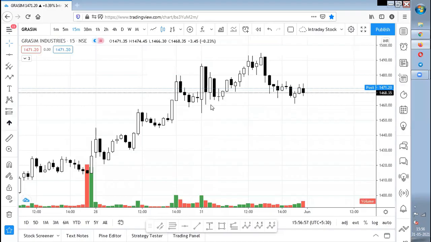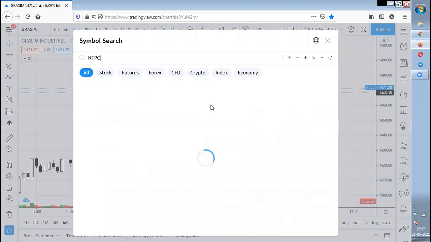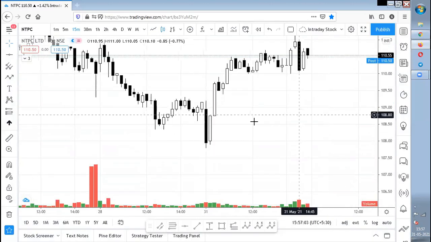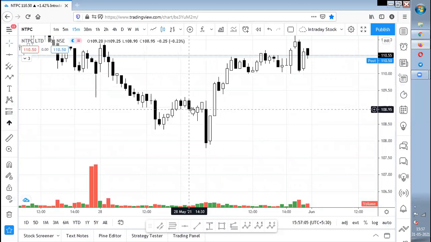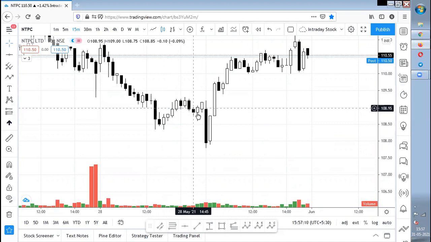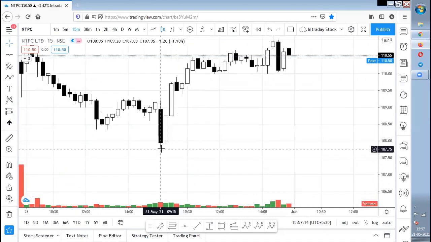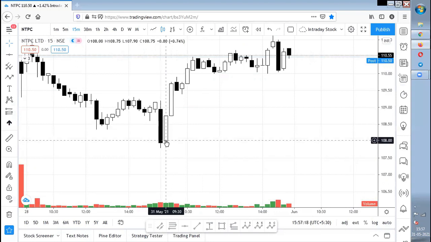And the last stock, NTPC. Okay, NTPC is the stock, and this is the extreme candle, with the average of 5 to 6 candles. The first criteria looks okay, done. The second criteria looks okay, like Asian Paints, not that good, only okay. And the third one is the opposite color candle. Yes, it is good.